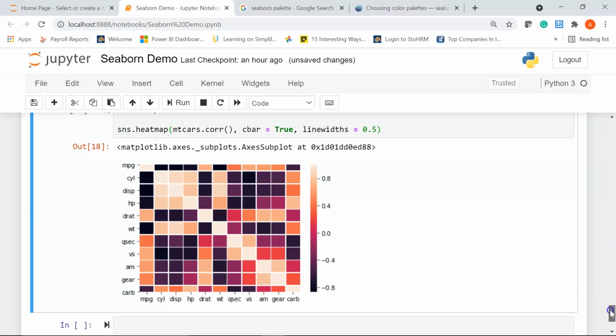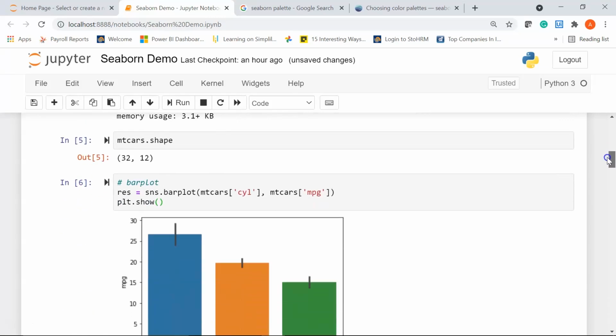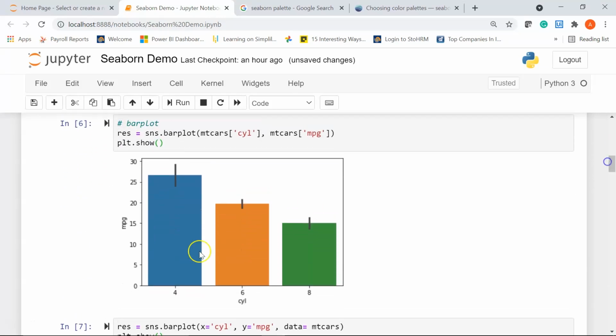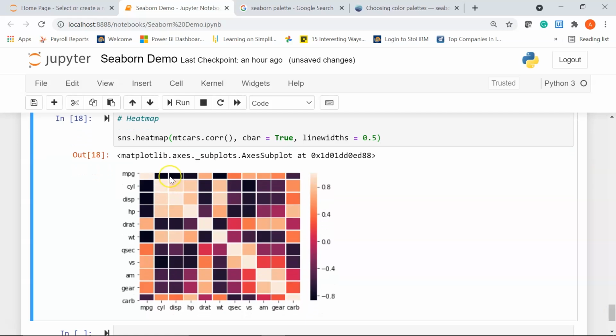And this we also had seen in our first bar plot, this one. You can see here, whenever the number of cylinders increased, your miles per gallon had decreased. And this is what has been depicted in our correlation map or the heat map.